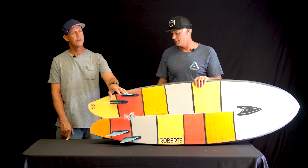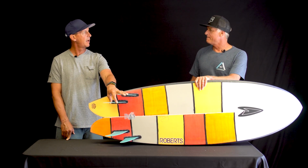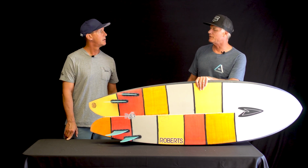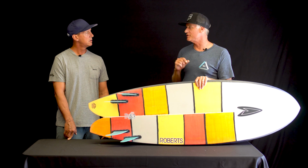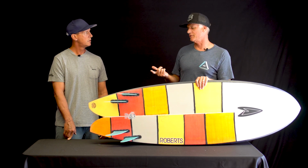And here's another question on Twonzers. Can I buy a Futures Roberts Twonzer setup and put it in my current quad board? No, you can't do that. The reason is because the back tang on this fin, the depth of the fin, is 3/4 inches deep. So you would need to actually